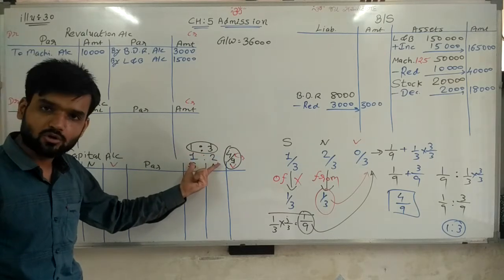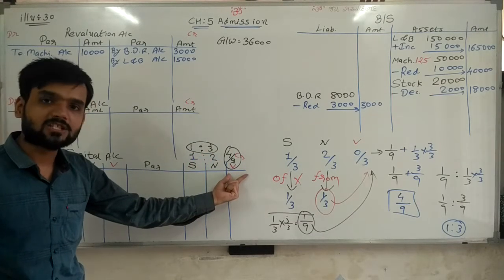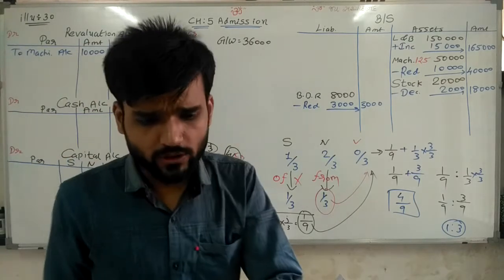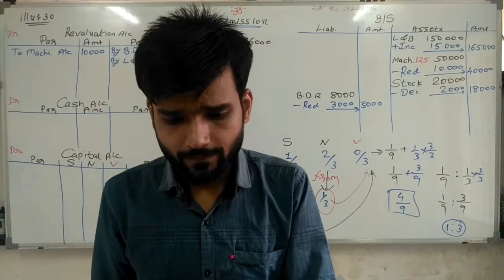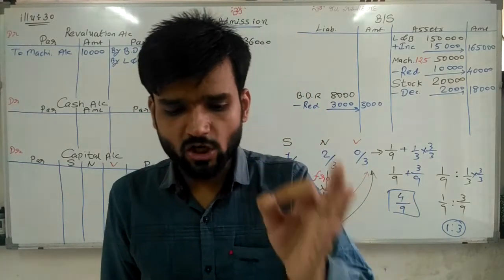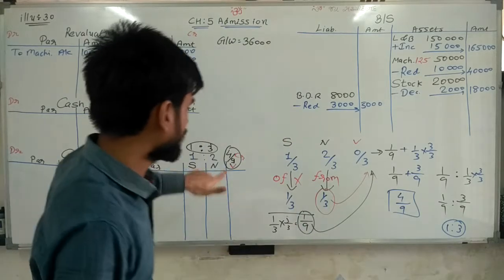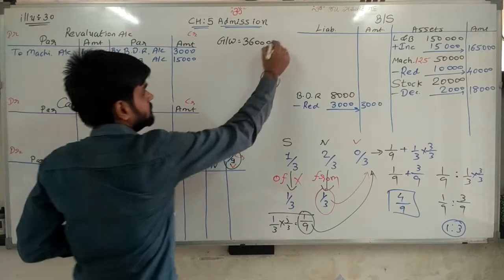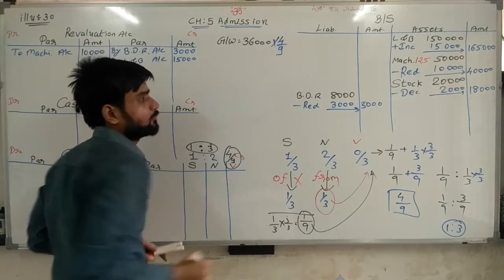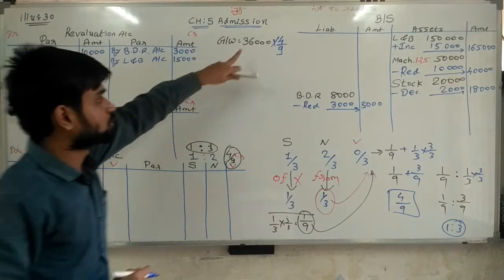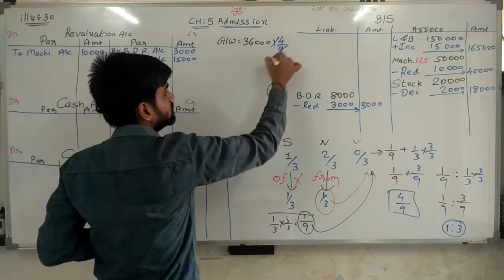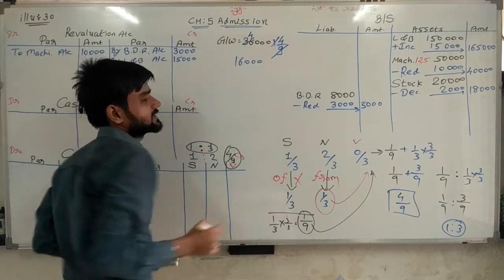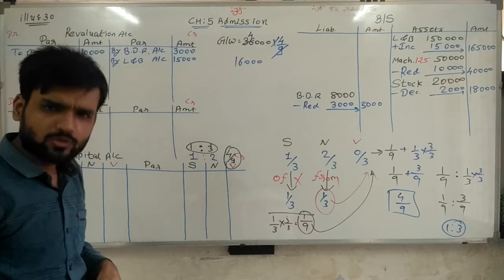Old ratio is 1:2. New partner's share is 4/9. Now what do we need? Now I can easily do the adjustment. His share of goodwill he brings in cash. So his share of goodwill means what? 4/9 share. So in this goodwill, calculate the 4/9 portion. So 36,000 into 4 divided by 9. 4 4s are 16. 16,000 rupees is the answer.